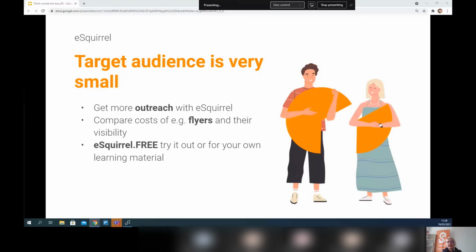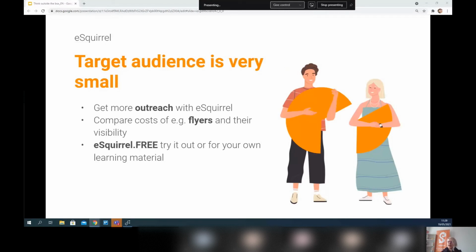A lot of people still think digital ways of approaching people aren't worth as much as analog ways, because with an analog approach, they really have something in their hands. But if you just compare costs, for example, printing flyers and how many people you can reach by handing them out in a day, paying the person handing them out, of course. If you compare the costs and visibility of those analog techniques and our digital ways, when we looked at it, basically every time it comes up that the analog ways aren't really better, they even have less outreach. So maybe that's the perfect